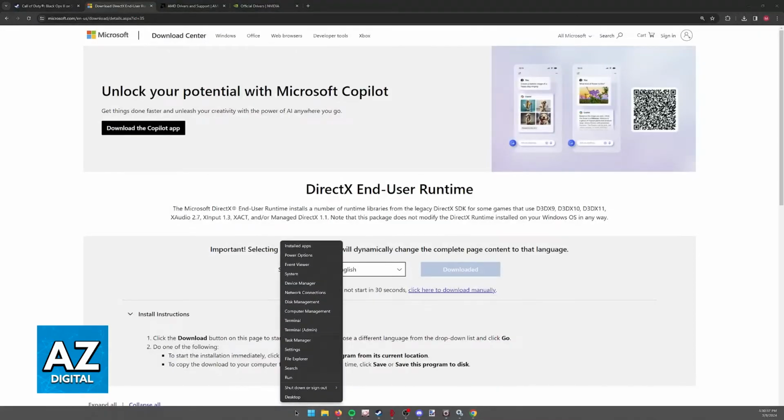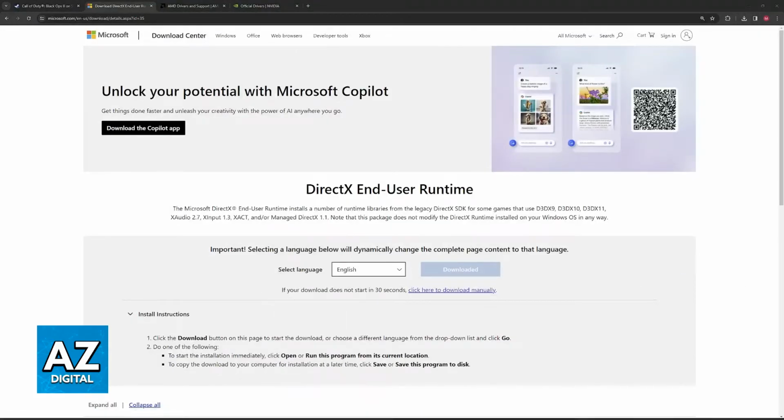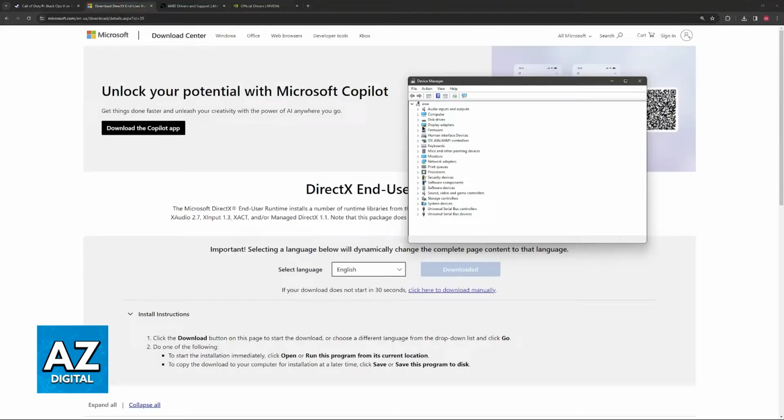first, right-click the Windows icon, go over to the Device Manager, and under the Device Manager, you will find Display Adapters. In here, you can see the display adapter, or however you like to call it, your graphics card, video card is going to be listed. So all that you have to do is note down the model of your card and go over to the respective manufacturer's website. So as you can see, I have an AMD Radeon RX 7900 XTX.